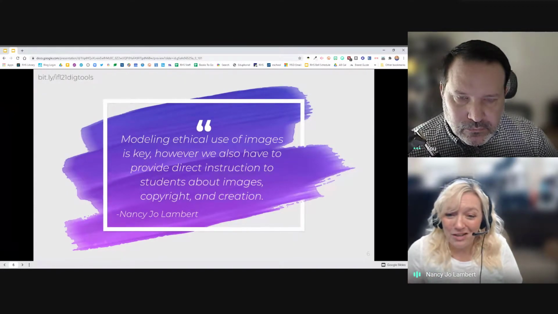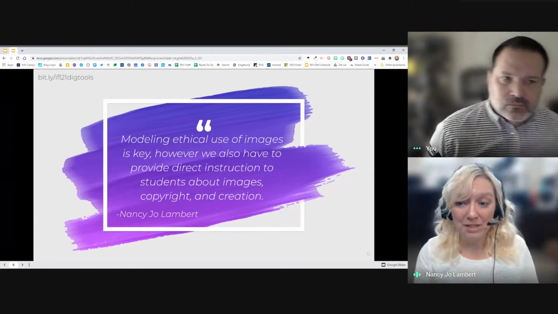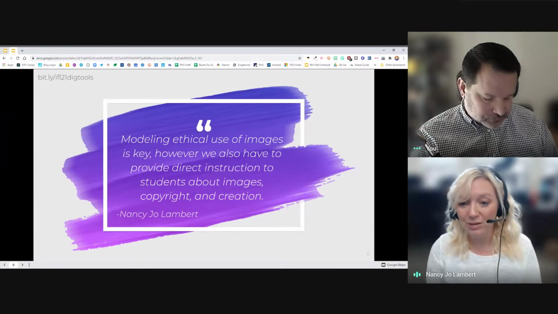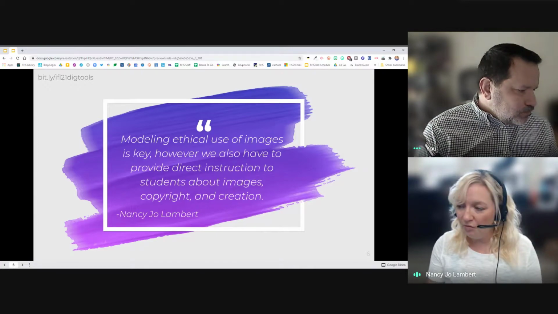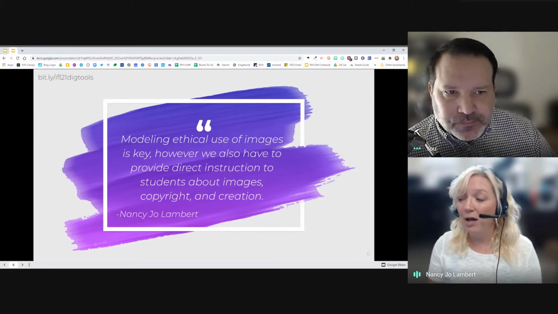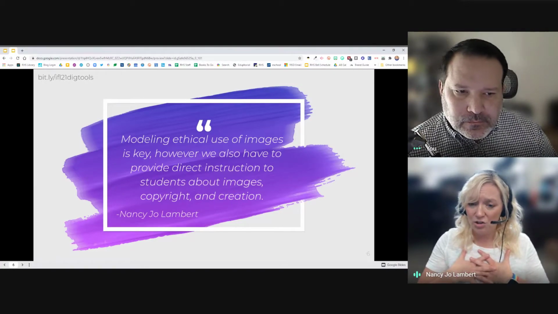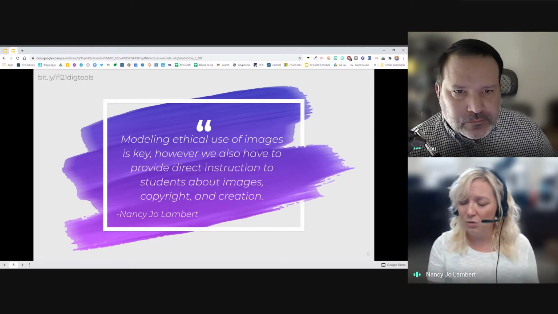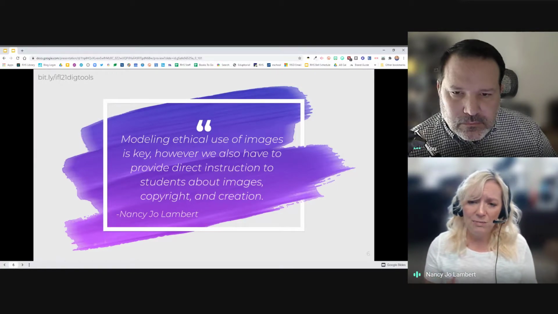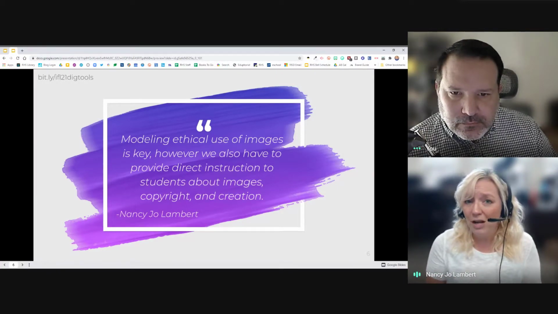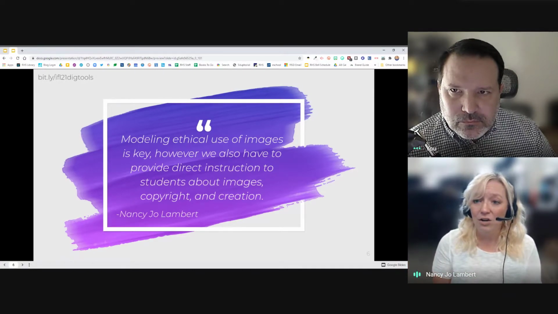So why are we talking about this to you? Because obviously, sometimes maybe your campus librarian or someone else on your campus is considered the copyright police. But James and I both feel like it's super important to model the ethical use of images. We want to model this as educators to one another. We want to model this to our students. We're constantly talking about digital citizenship and protecting your identity, but a lot of our students are also creators. They're creating their own content. They're creating content for us in our classrooms.